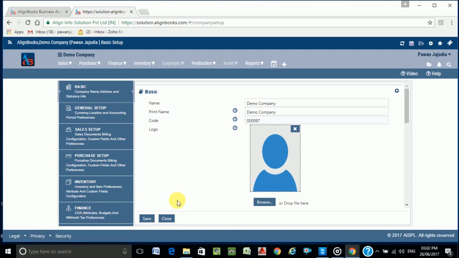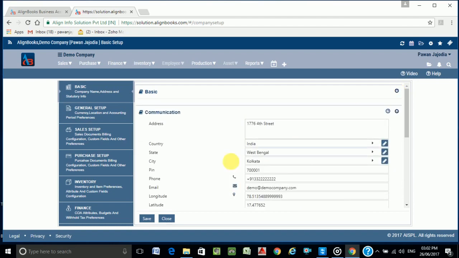We will start with the company basic setup. In this section, you can create a unique identification for the company. You can also upload your company or product logo and completely showcase your existence. In this section, you can input your physical, geographical, and digital communication details, which will be used in generating various